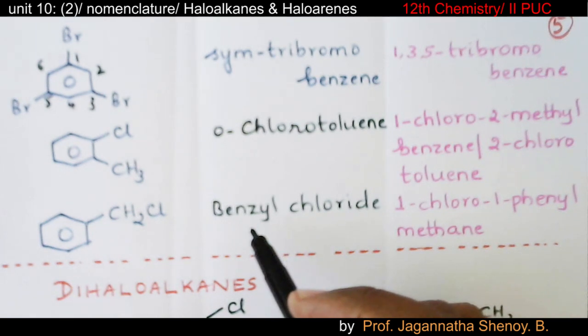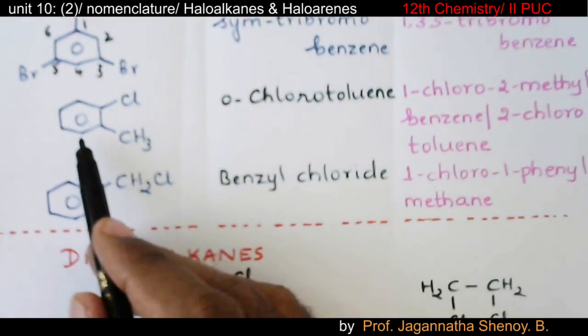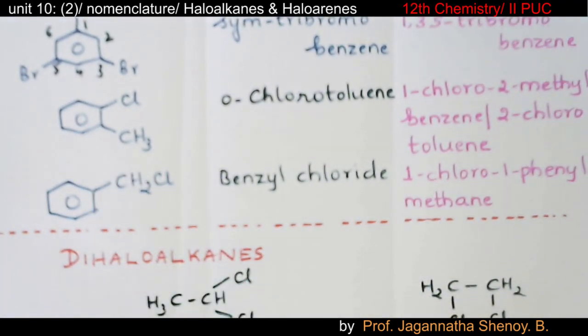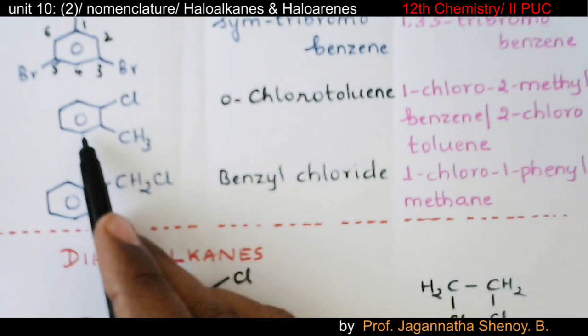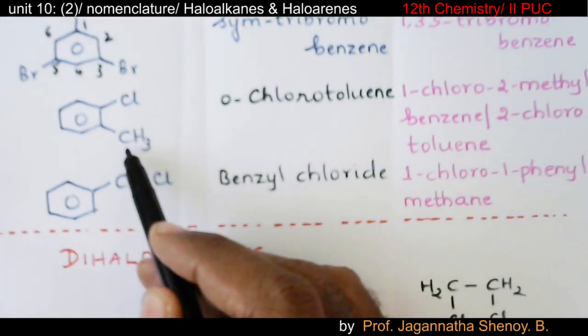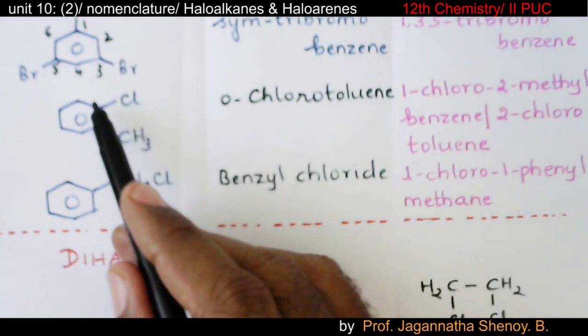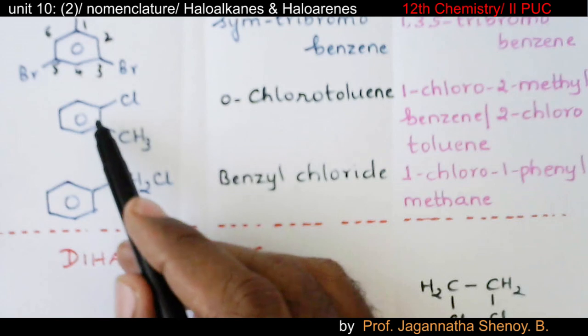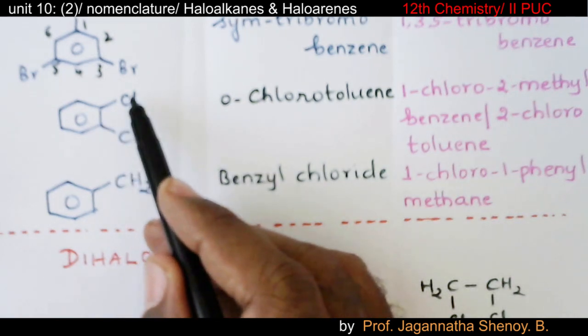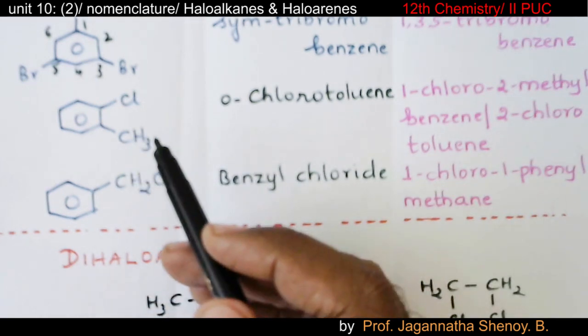Going to the IUPAC name, there are two ways of naming it. The first one, I'll treat it as a derivative of benzene. So, you have one chloro group and one methyl group. In that case, to number the carbon atoms of the benzene ring to indicate the positions of the chloro and methyl groups, we have to go for